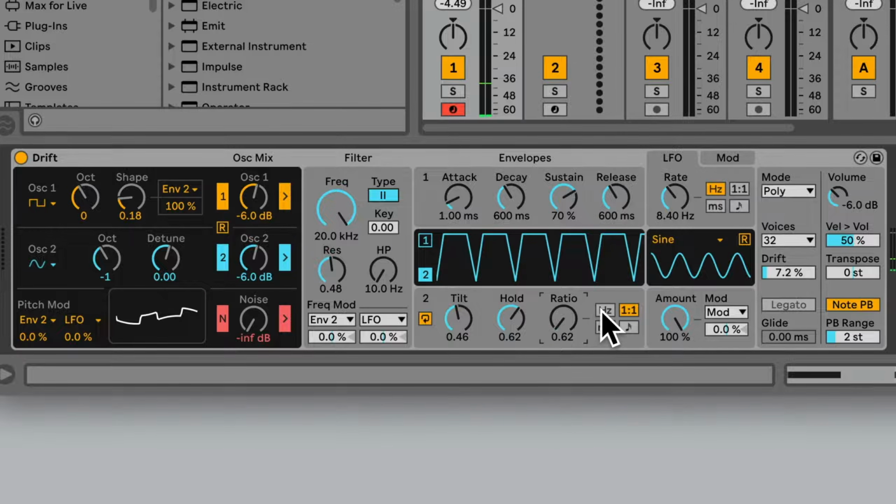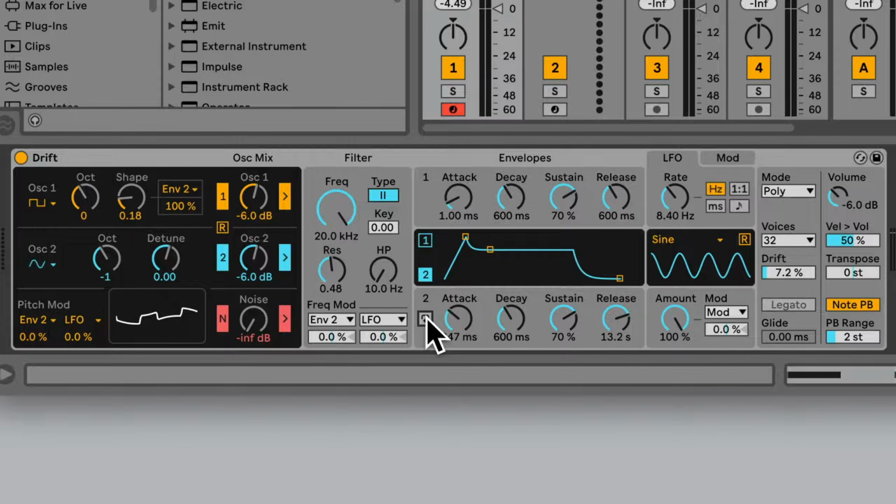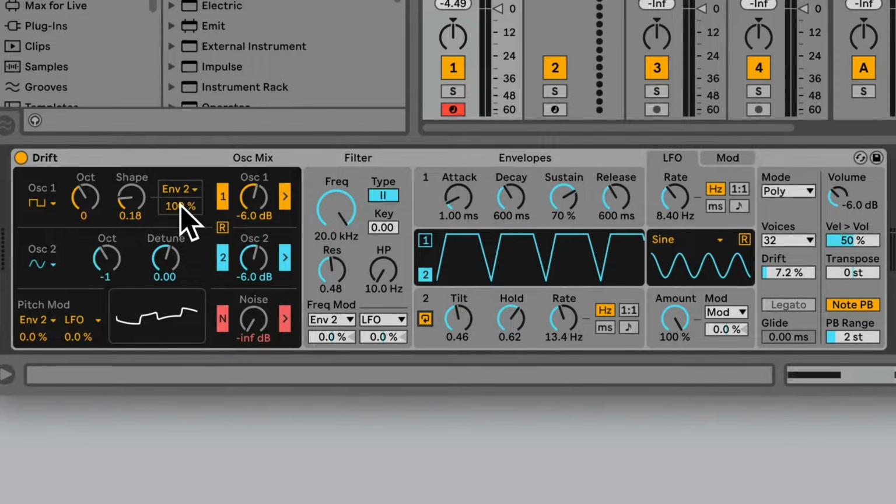But for now, let's put this back to the default of Hertz. Again, we can turn off the cycling mode if you wish, and just use this as a regular ADSR envelope as a modulation source. But for now, I'll leave this enabled. Okay, so that's envelope 2 and the cycling mode. Let's just put this modulation source for the oscillator shape back to 0%, and next we're going to look at